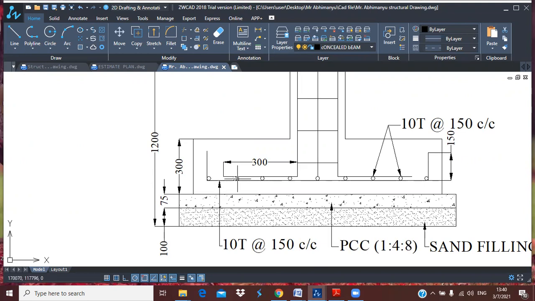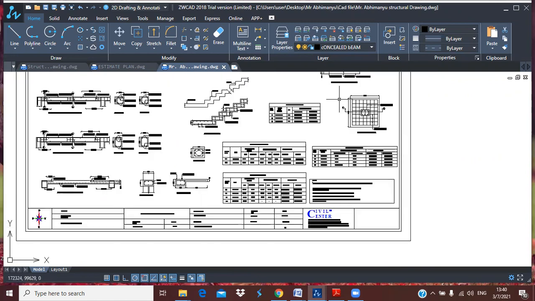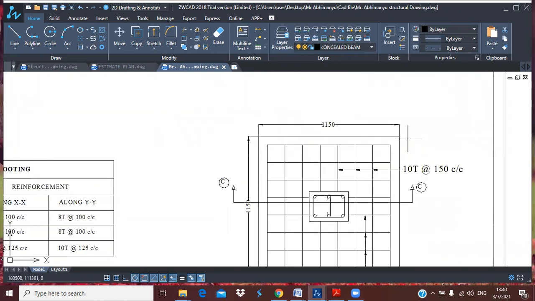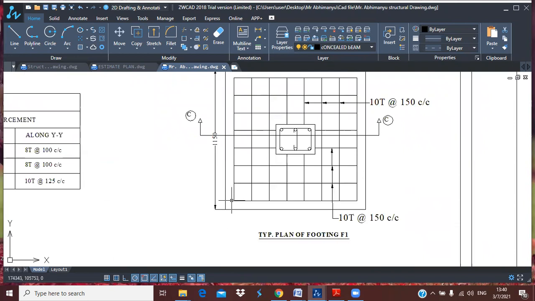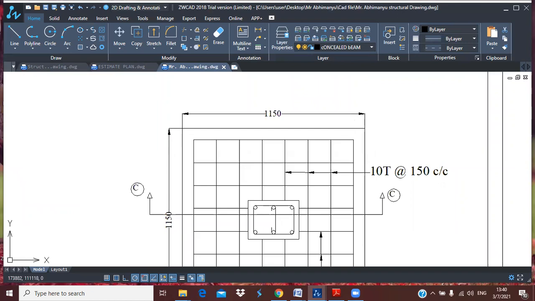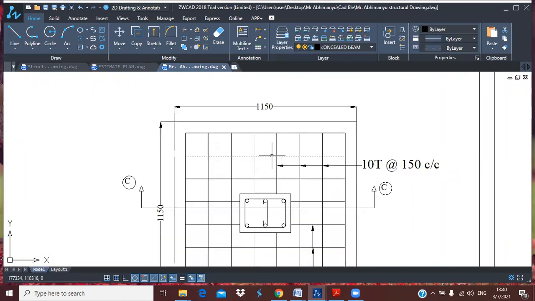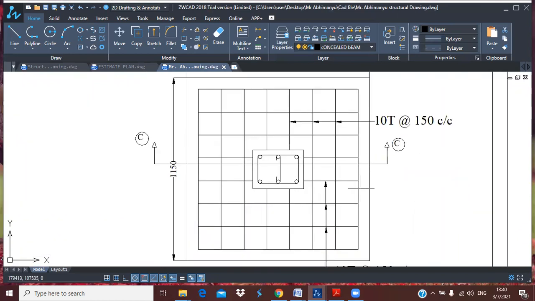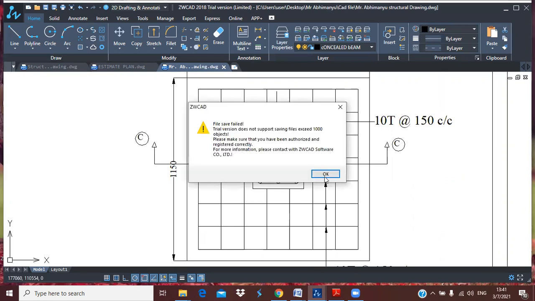So for the number of bars, you can simply take the length. How do you get the length? I will tell you. Suppose this is your total footing, and this is the cover. First of all, from the length you have to deduct the cover, and after deducting the cover, you divide the remaining length by the spacing. Like you can see here, these are the rods, and these rods are divided by the spacing, that is 150 center to center. Now you will easily get the number of bars for both sides.